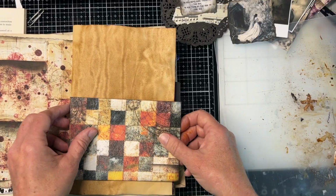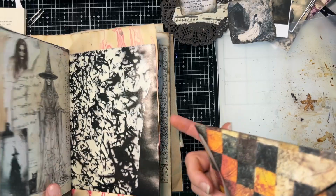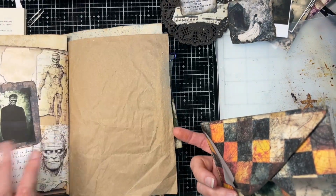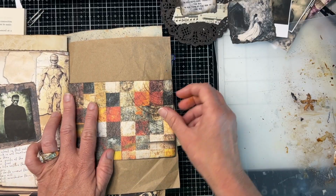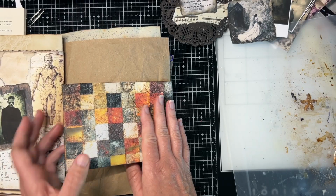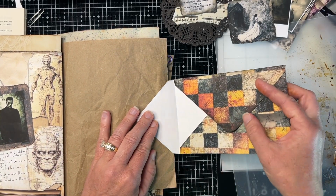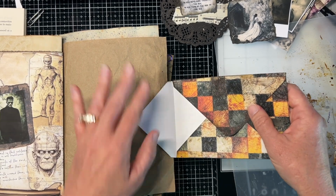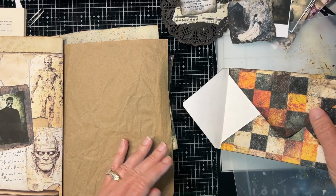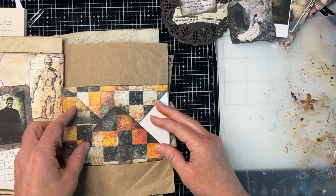Okay, so no, it won't fit there. Okay, I may have just talked myself out of what I was going to do. It would definitely go on there. It could go on there. And it could be a flip out, and then we could decorate this page in some way. It could even...